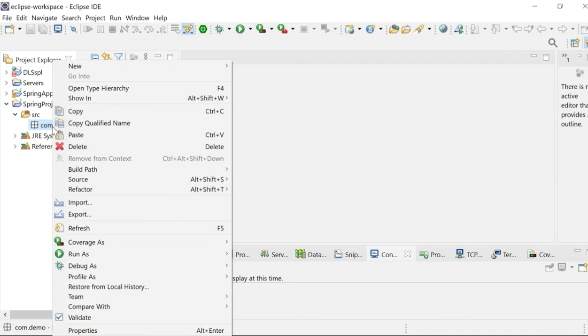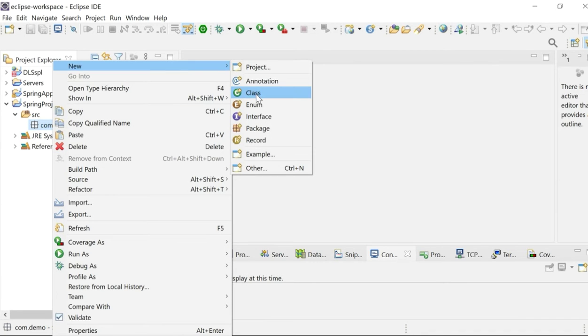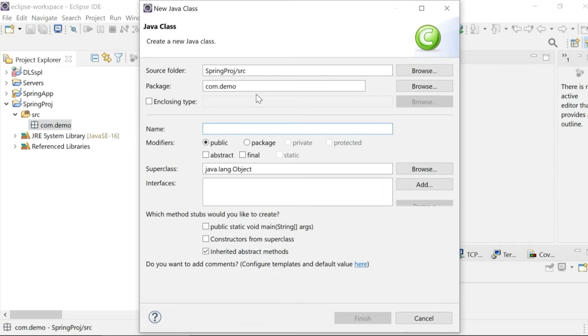Now right click on this. Again we are going to create a Pojo class, plain old Java object. So click on class.